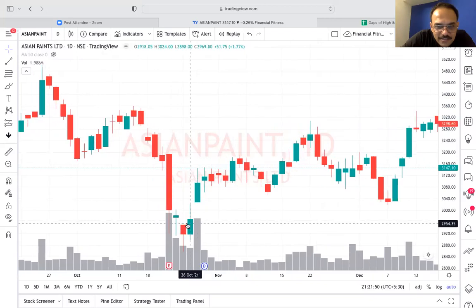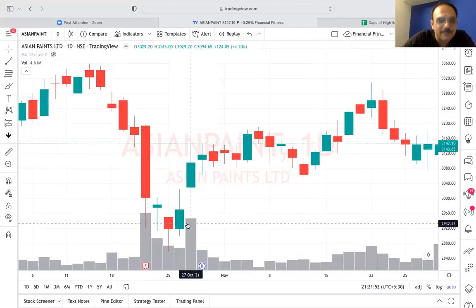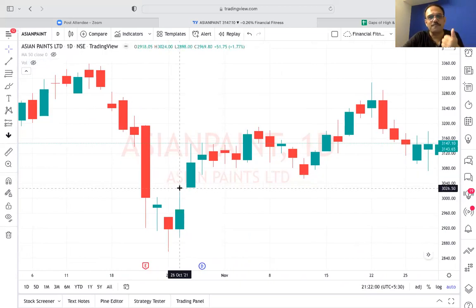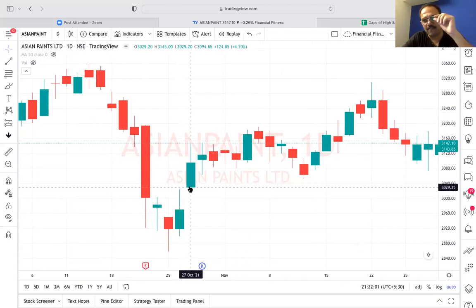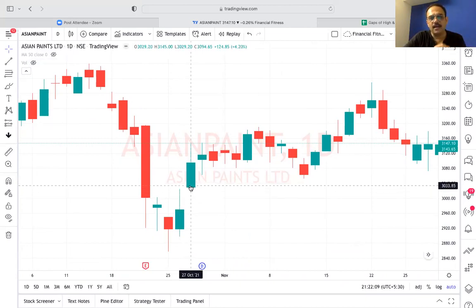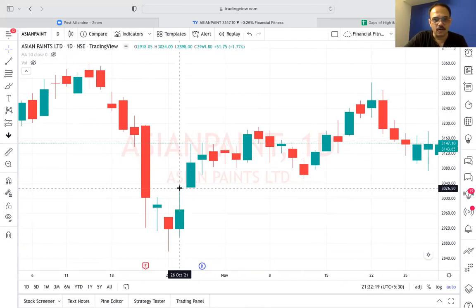Now, if you can see here, there is a gap. Okay, I'll remove the volumes. See, this high is 3024 and the low here is 3029. So there is a gap of 5 points between the high of 26th October and the low of 27th October. So far, so good? Yes. So we have a gap here. So what I will do is put a cross here. Now, if you see this level,